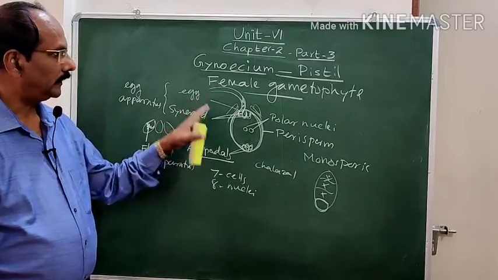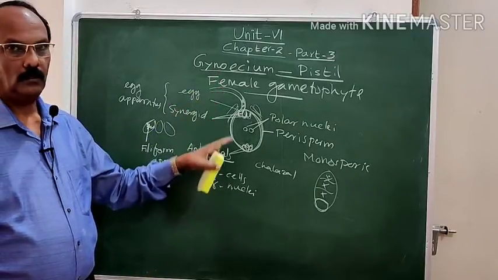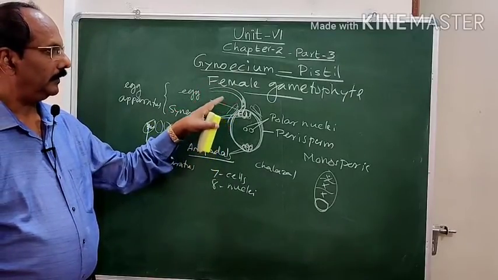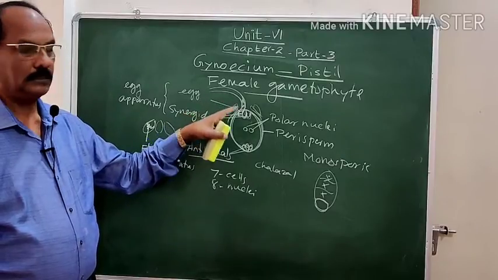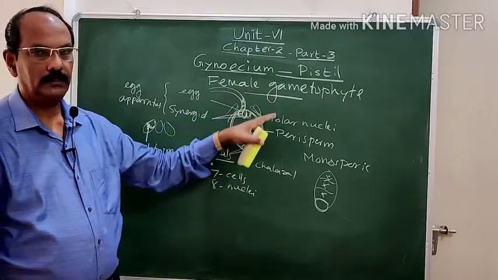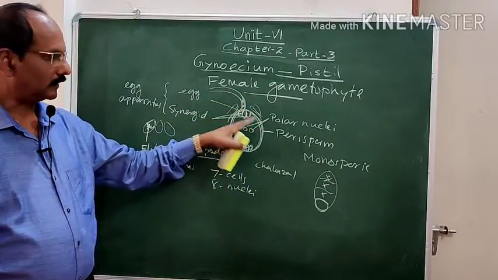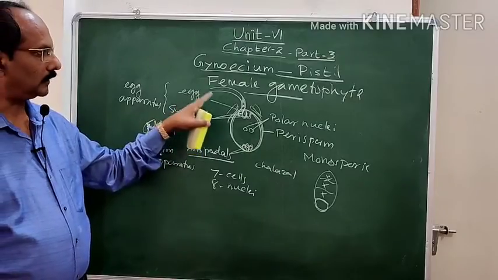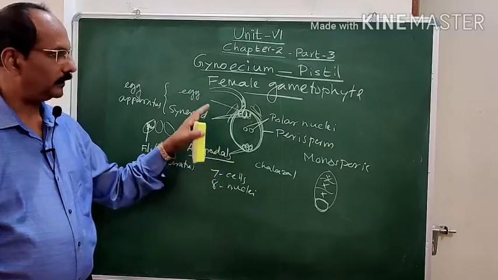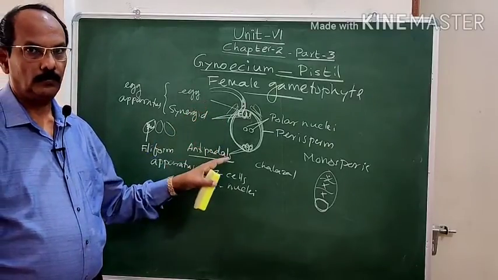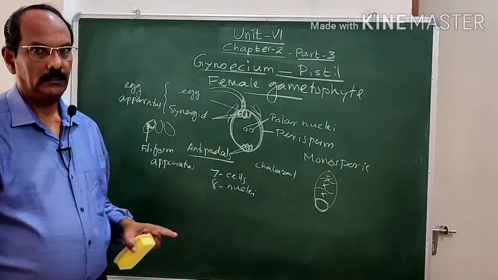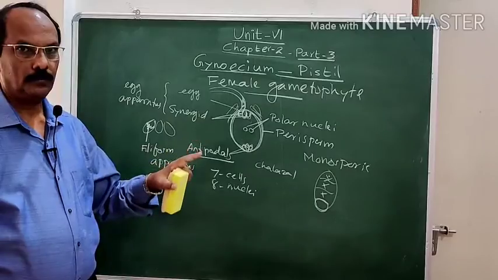So today we studied the structure of the pistil or the carpel and the different variations. Then we studied how the megaspore is developed, that is megasporogenesis, and then how the female gametophyte is formed and what its structure is. We also studied the structure of the megasporangium, meaning the ovule. The ovule we studied is the anatropous ovule, because the micropyle and the funicle are at right angles to each other. If they are in a straight line, it is known as the orthotropous ovule.